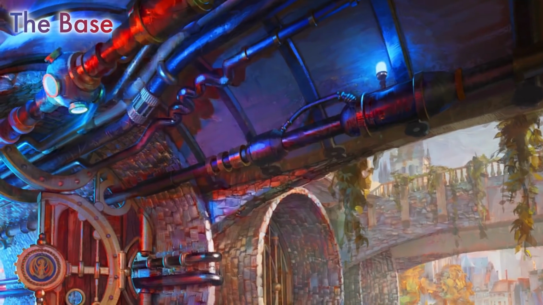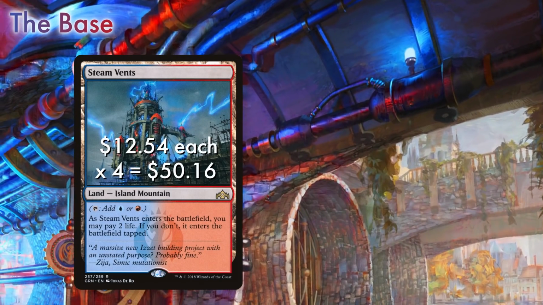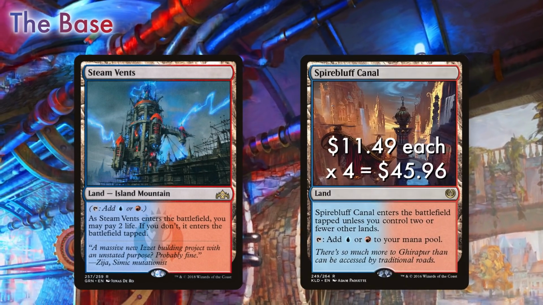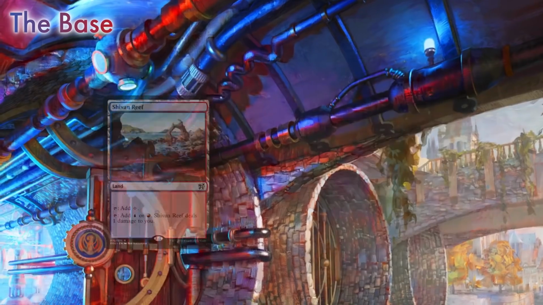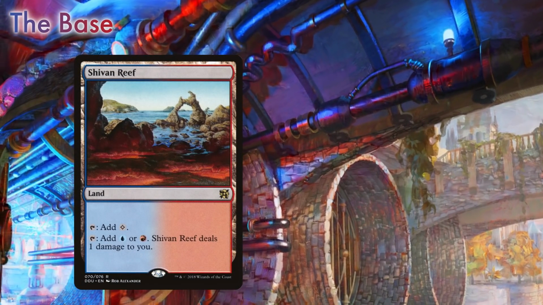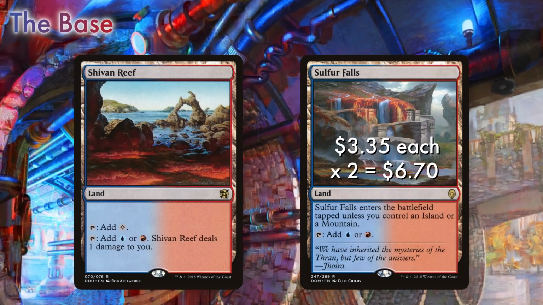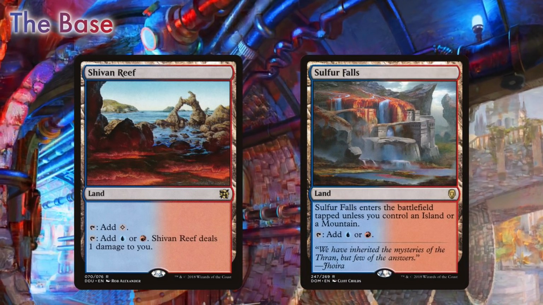In Pioneer, the fetchless format, mana is actually quite good for enemy color pairs. We of course get the Shockland of Steam Vents ×4, and there's also fast lands with 4 Spire Bluff Canals. Sheivan Reef might cost us life, but it's well worth the untapped efficiency of the land, so 4 of those as well. Sulfur Falls is another great land for our colors, but running 4 could lead to awkward hands with